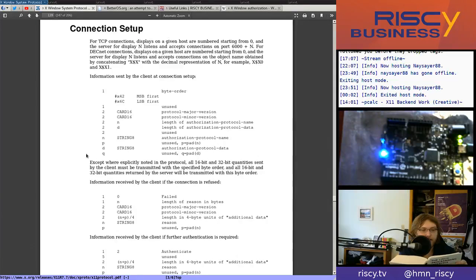Figure 5.3 shows an example of the relationship between the IOV and IOV count arguments and the buffers to which they refer. I'm not going to draw out the stuff for you guys